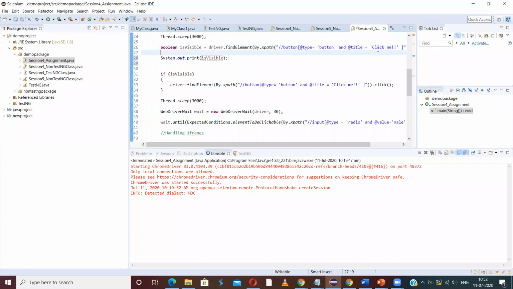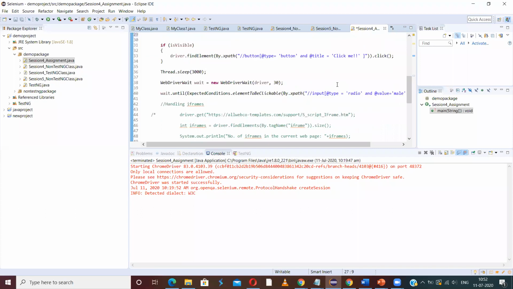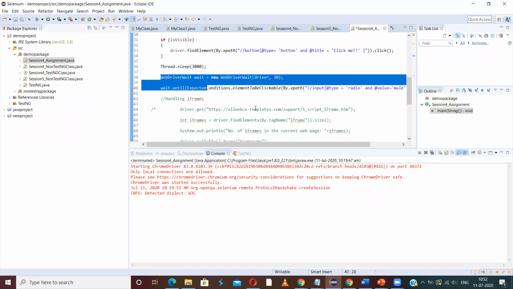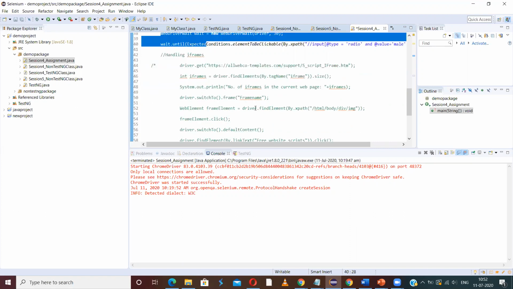This is how we can use multiple attributes in an XPath using the condition AND. So this is the answer for the third exercise, and the fourth one is iframes.